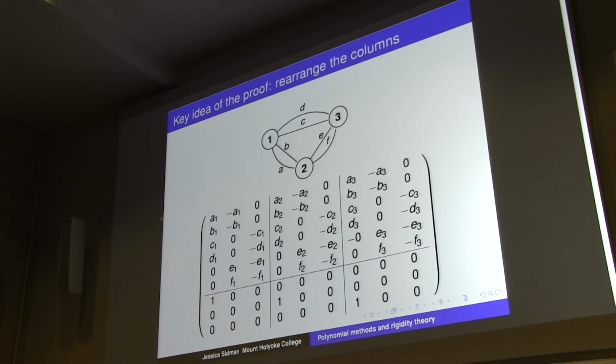Rearrange the columns. Okay. So what I'm going to do is take the first column associated to each of my bodies and push all of those to the beginning. So I'll get sort of n columns. Here n is 3 because I have 3 vertices, but I couldn't draw a bigger matrix, so that's what we're stuck with. So 3 plays 2 roles, unfortunately, here. So I put all my first columns, then I put all my second columns,